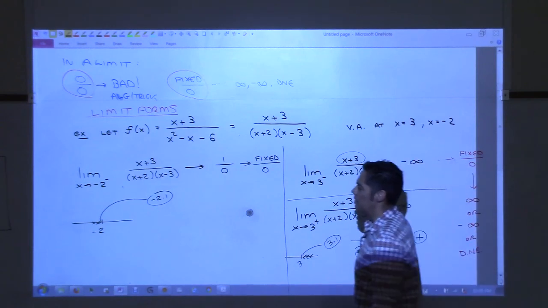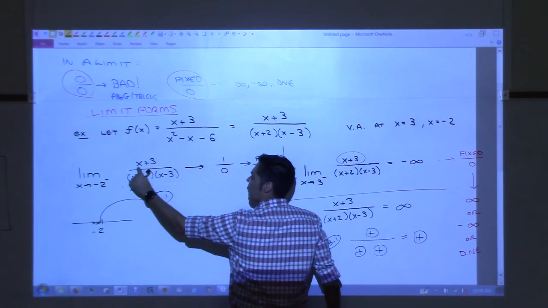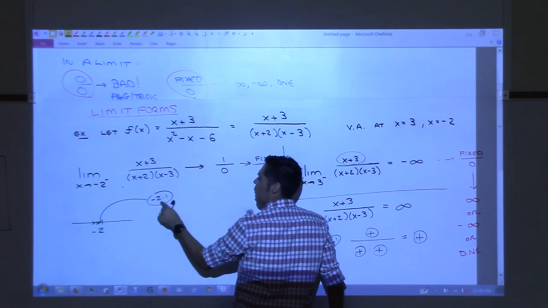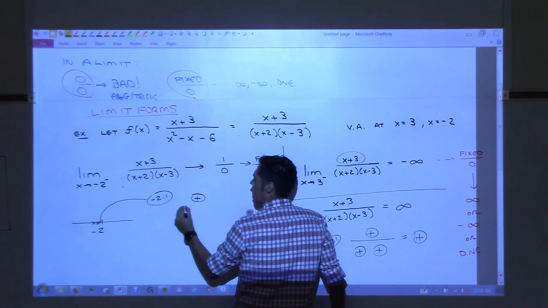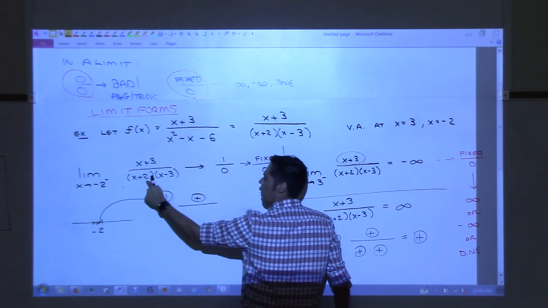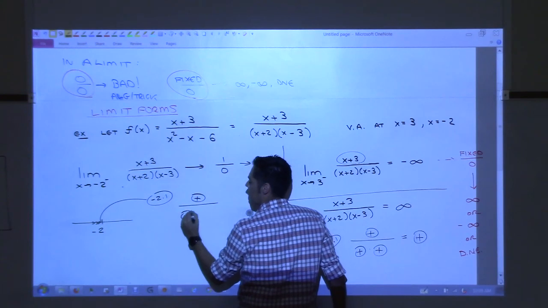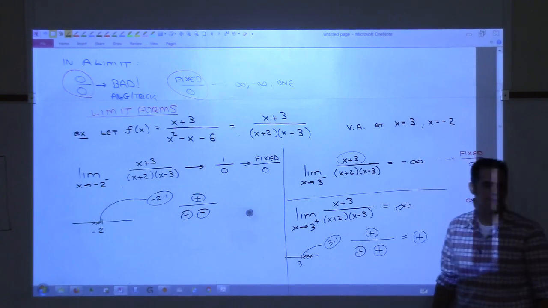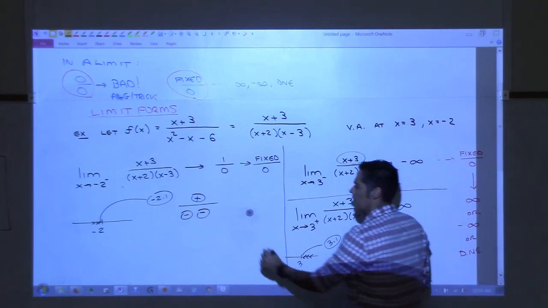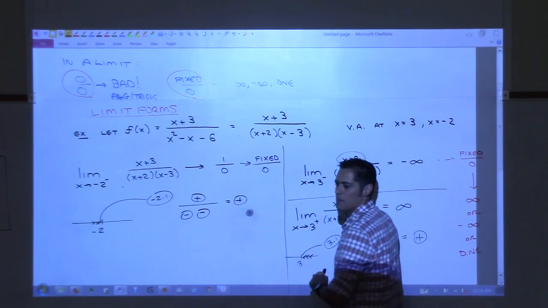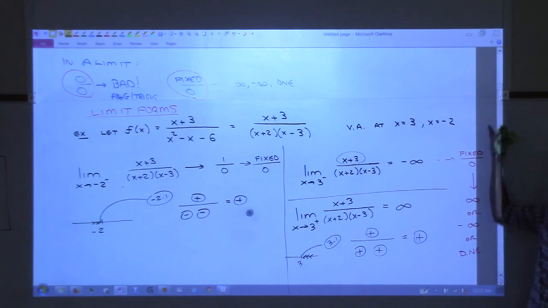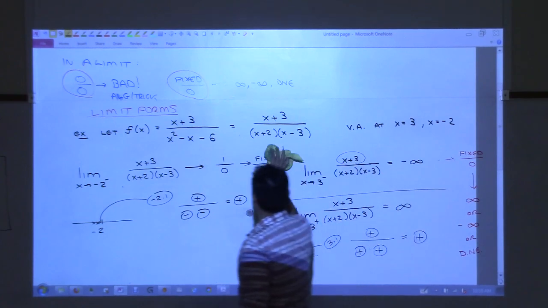And I take that and plug it in. Let's see what happens. Up here, -2.1 in here, we get positive on top. Here, plug in -2.1. Negative. Here, negative. Two negatives on the bottom make a positive. Positive over positive is positive. So we get positive infinity as our answer here. So coming in from the left at -2, we're going to positive infinity. So my answer here